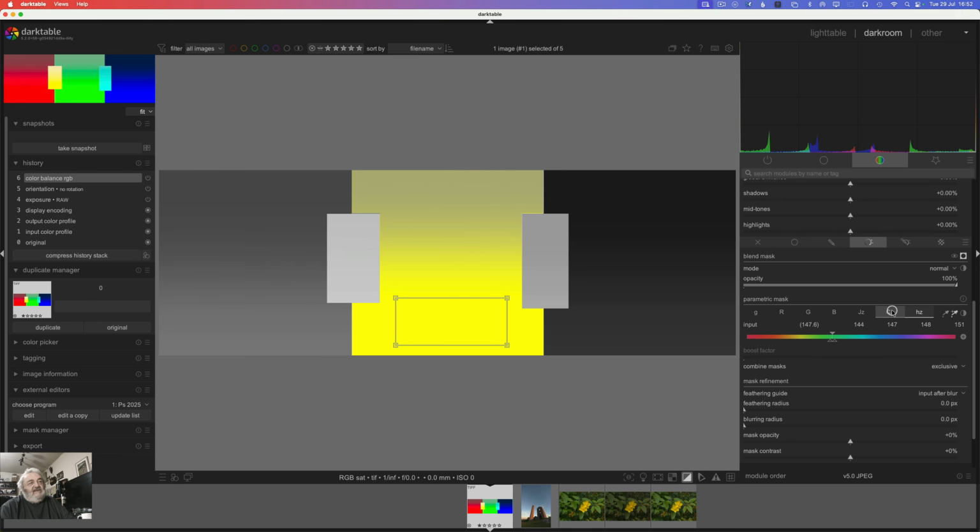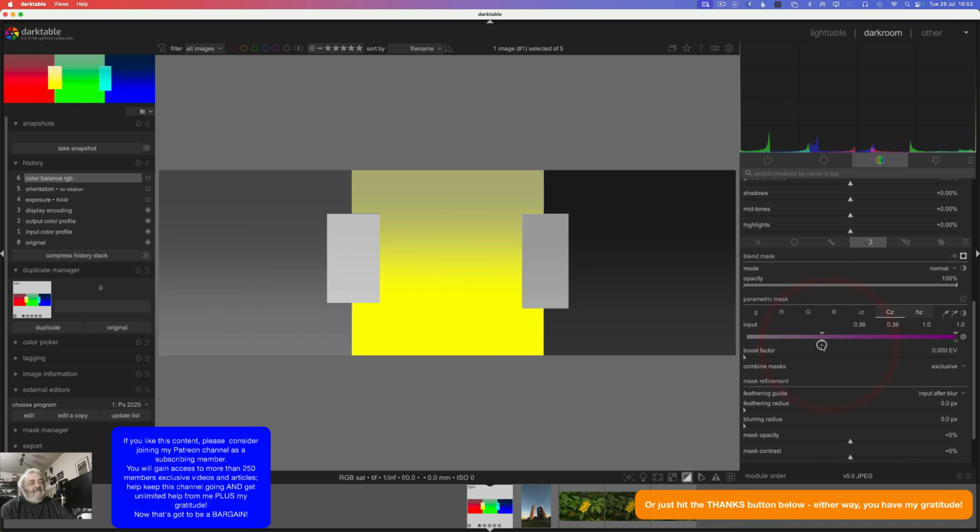If we wanted to leave that where it is, so that's got our colour range selection just for the greens, and then we come over to CZ, which is saturation. What happens if we remove, remember this is undersaturated, this is fully saturated, so what happens if we remove the undersaturated colours? Okay, and we can keep going, and now you can start to see them